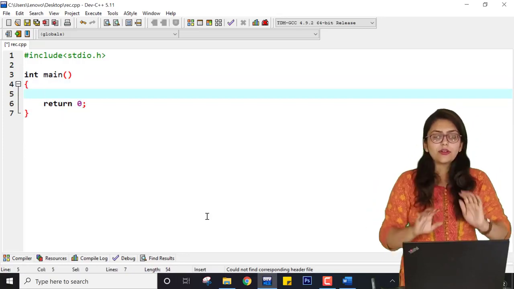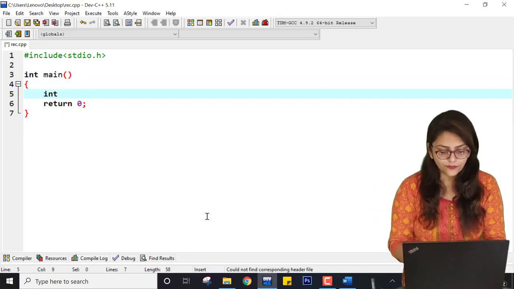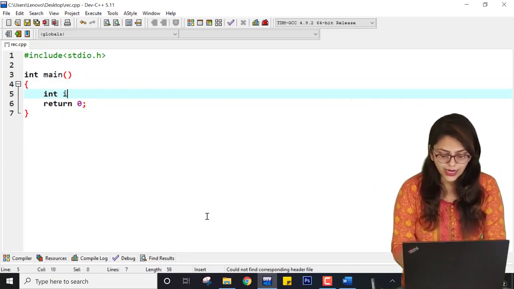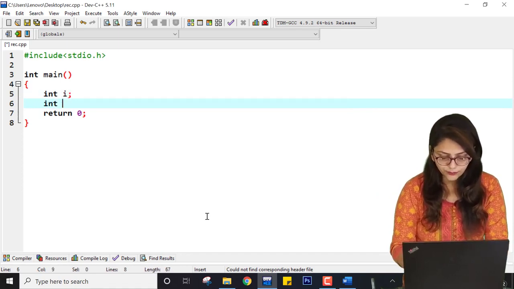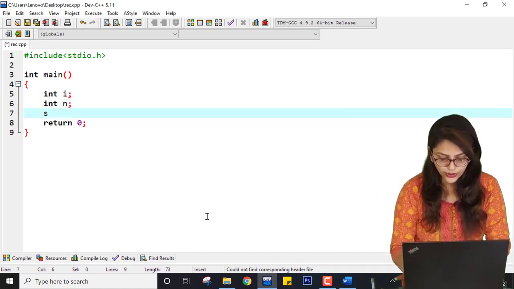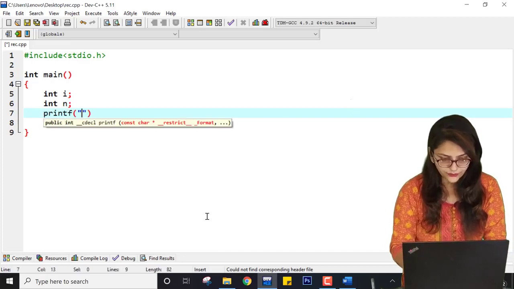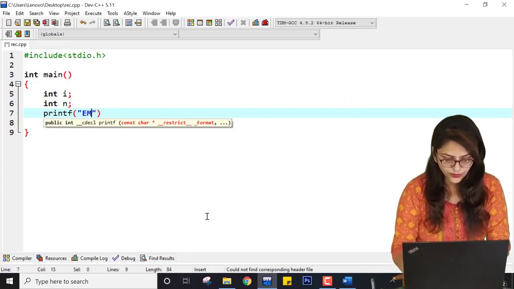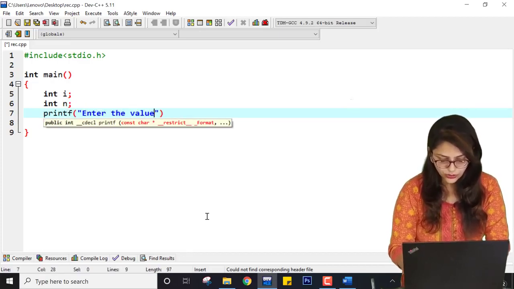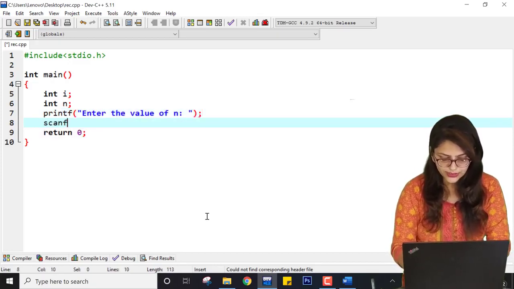First of all, I would like to show you without using any kind of function. So I am writing int n, and the user is going to enter some value. So printf enter the value of n, and the user will enter it using scanf.